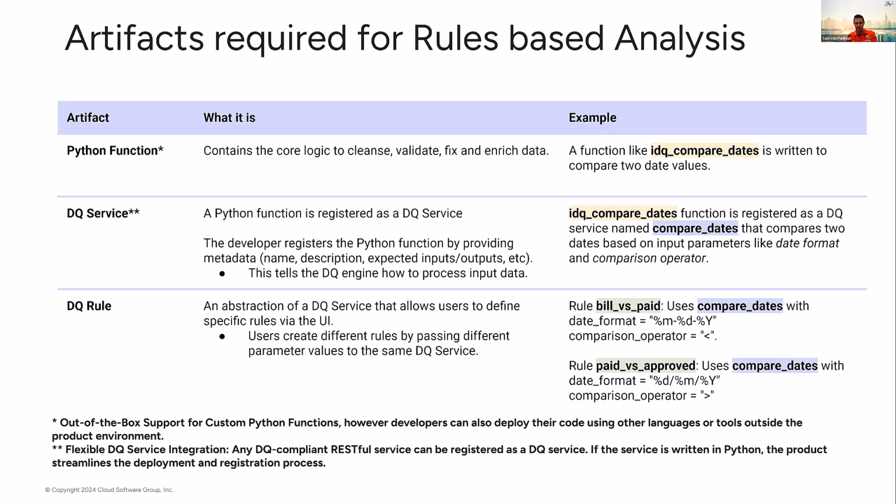and I can reuse that rule against different data sets. Different users can also use this rule. So there's a wide range of flexibility and portability that's built into this framework and is implemented in this three-tier architecture. First, you write a Python function, you register it as a service, and then you can start building